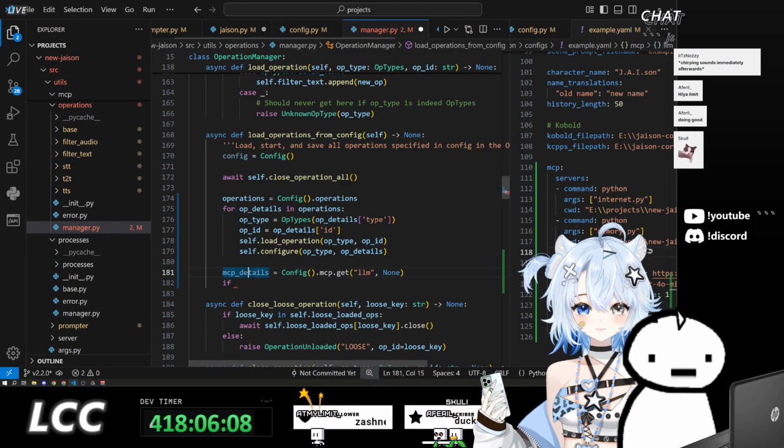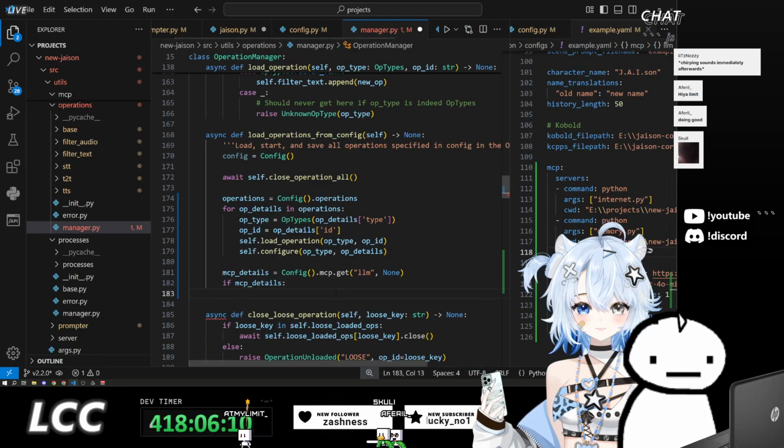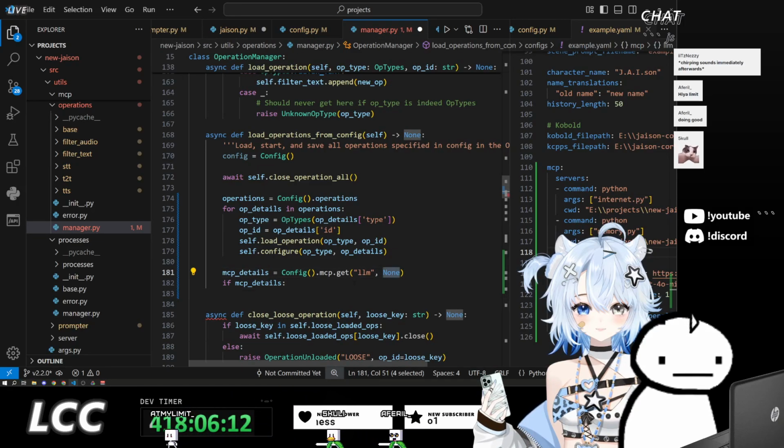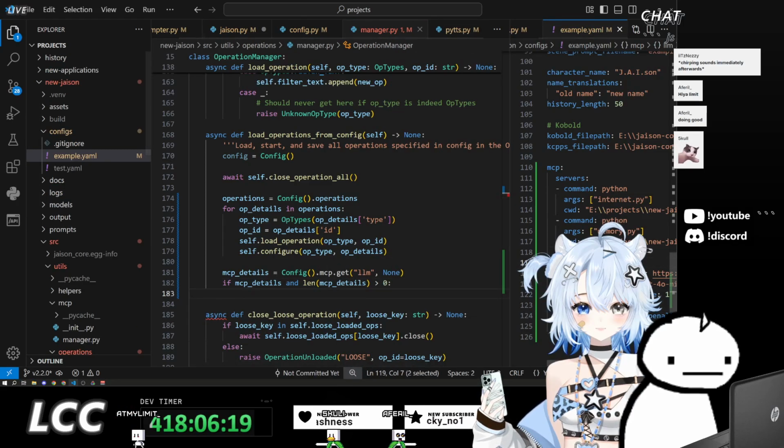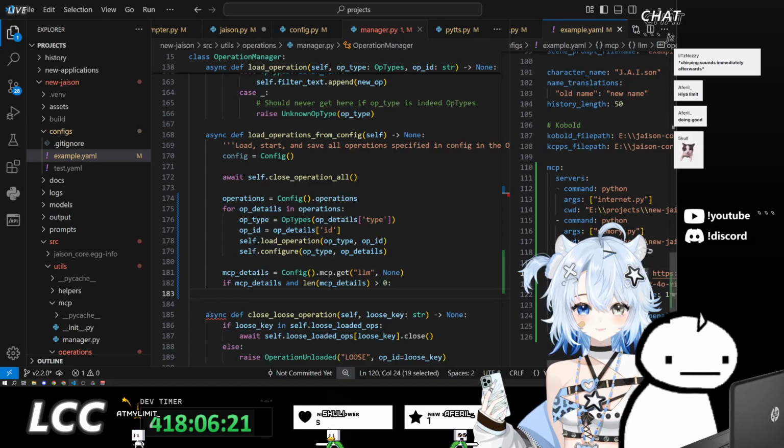So that way, if we actually do have MCP details, then we will look into it. We will actually look into it and we will pull out the ID, the other stuff.